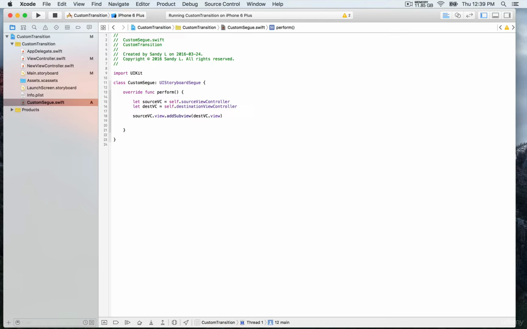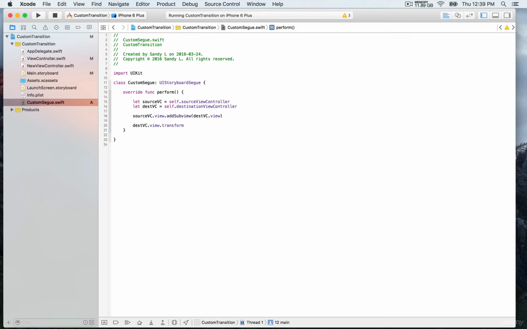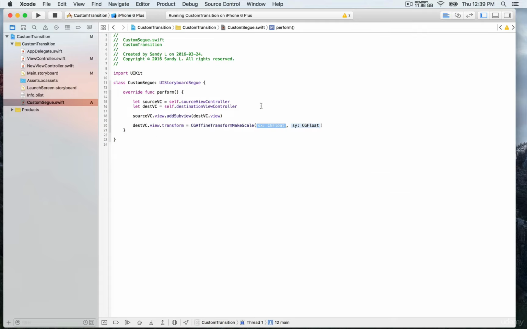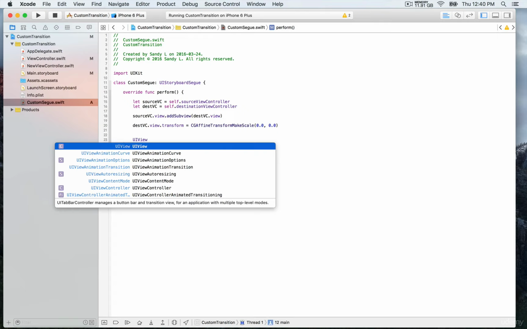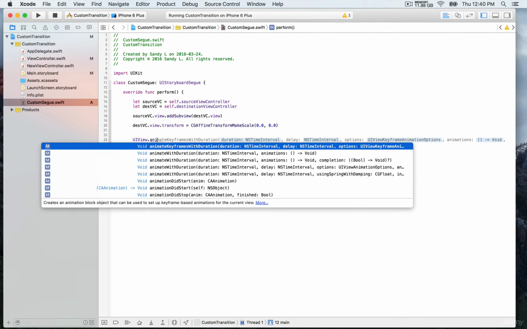So below, we're going to add destVC.view.transform. So this is where we're going to begin the animation. So we're going to begin by writing CGAffineTransform(scaleX:y:). That's going to be 2 parameters, and that's going to be just 0, with text floats 0, 0. So we're going to begin with 0, so that's not going to be visible at first. It's only after we start the animation that we're going to allow this destination view controller to transform and scale up. So we're going to write UIView.animate(withDuration: